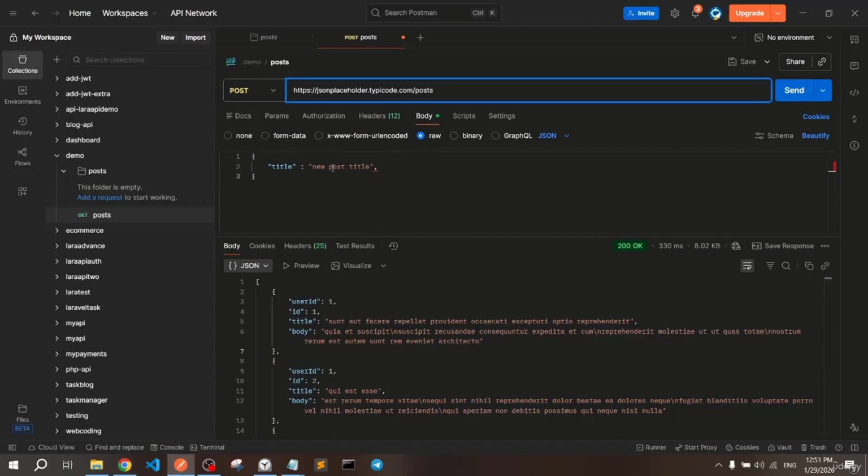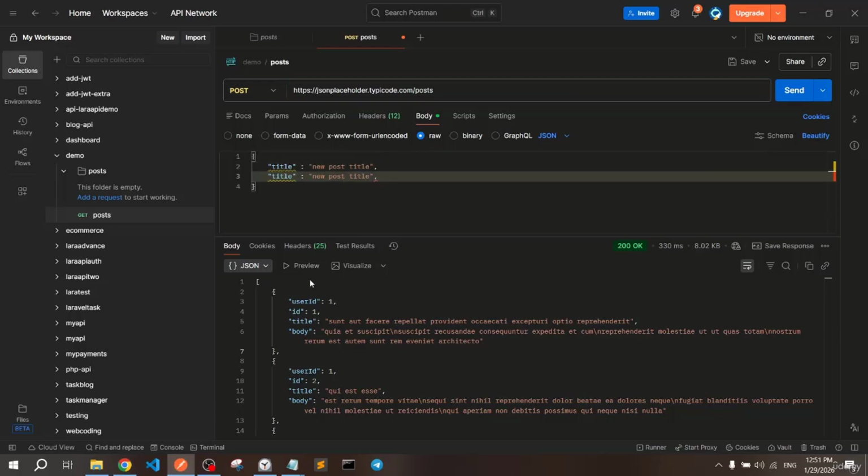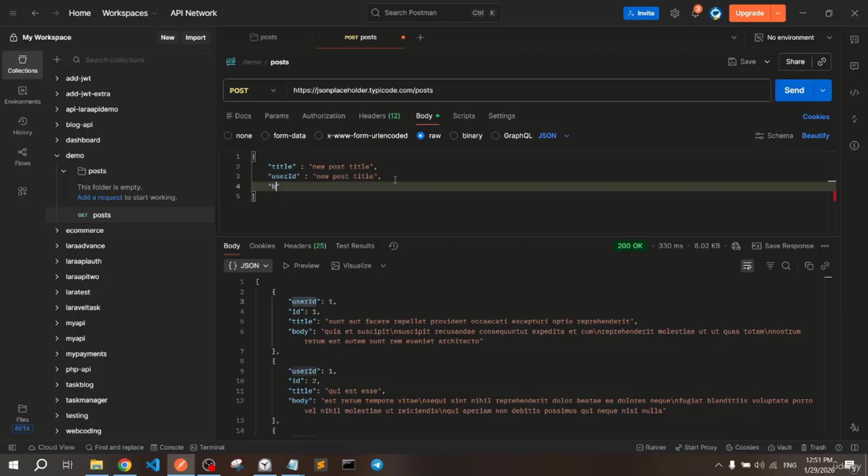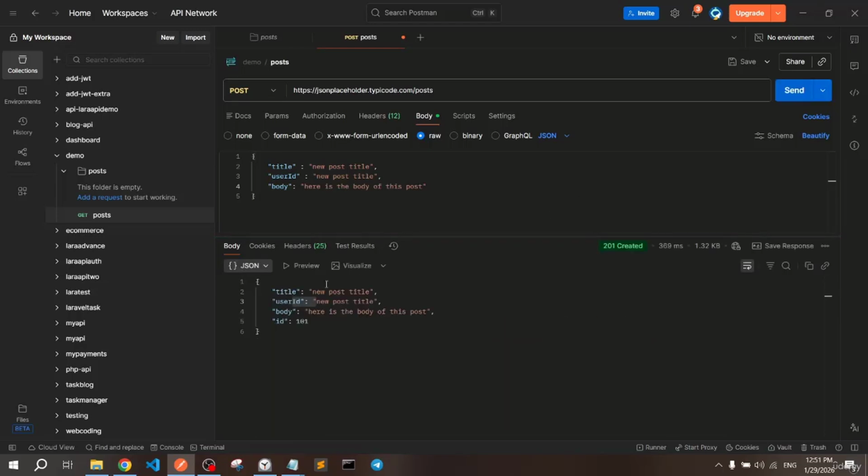If I want to insert data right now, I need to go inside the body, and I can go for the raw, I can go for the title, and also the user ID. All right, you can see that we can simply use these to insert new data, and I can simply go for the body like this. I can go, here is the body of this post. All right, if we click send now,